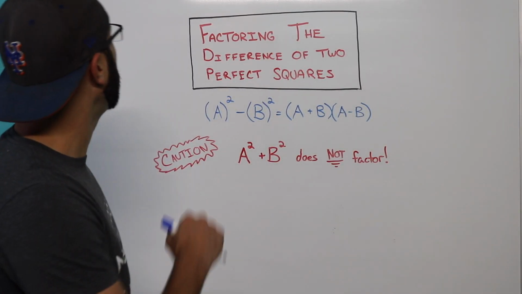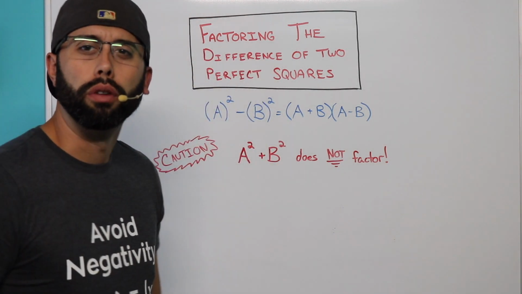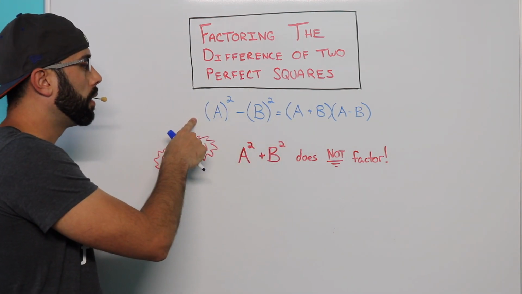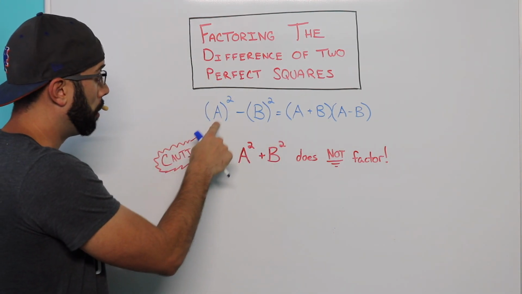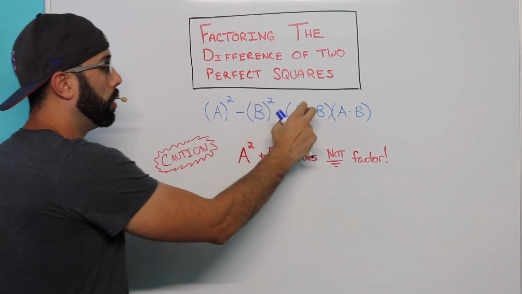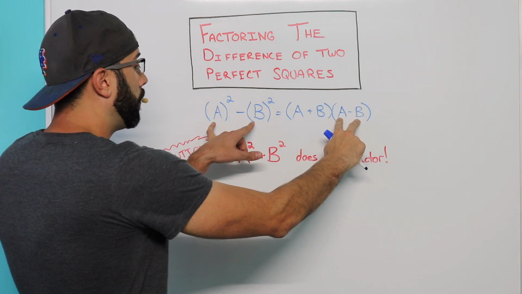Alright, in today's video, we've got factoring the difference of two perfect squares. Well, let's get right into it. Right here is the formula for the difference of two squares. It says something squared minus something squared is equal to the sum of those two numbers times the difference of